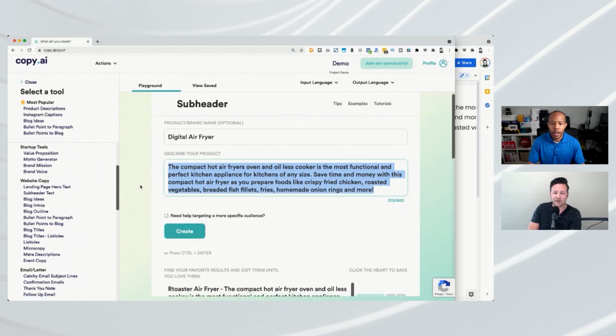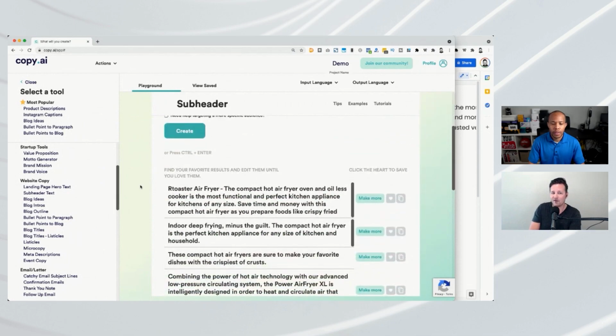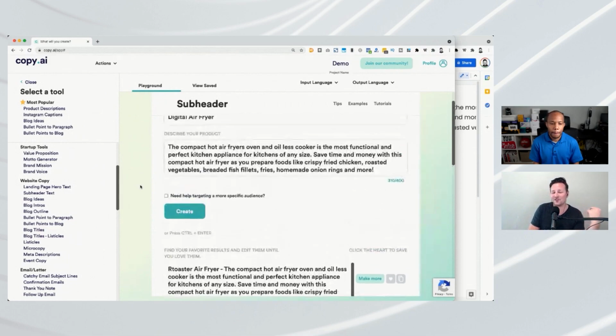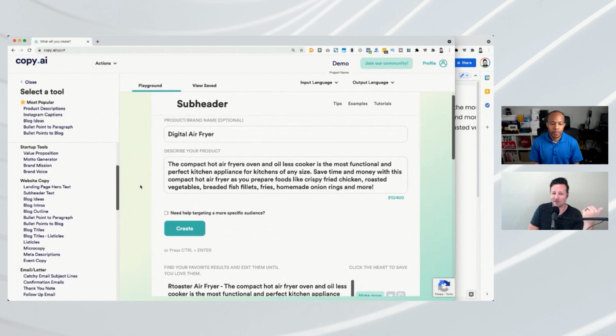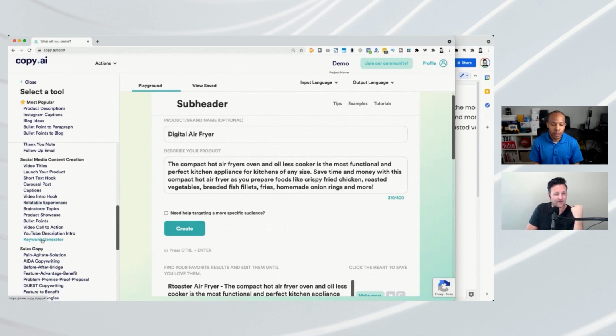So you're not plagiarizing, and that's important, right? We're not trying to copy. We're already kind of doing that. If you think about it, everyone's already just scanning other people's websites and writing something really similar. This tool is going to give you original copy that's not plagiarized. You're just looking for the best input here to get the output that you want.